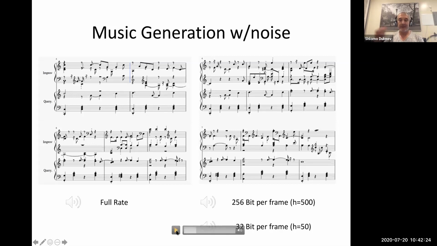First of all, the piano is much sparser. You cannot really find a lot of the notes that it's supposed to generate. Sometimes it tries to hit one or two notes. This is just a proof of concept that you can somehow control your output by controlling the encoding and decoding with some kind of handle in the middle.